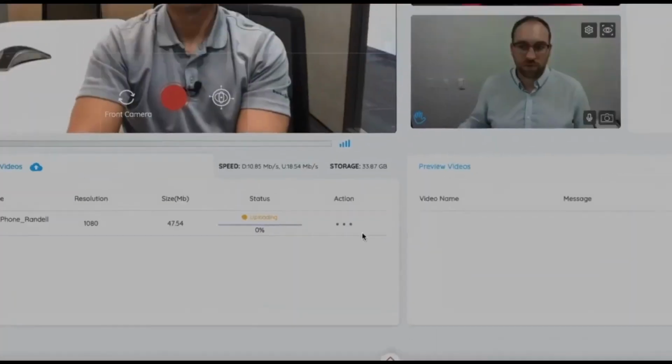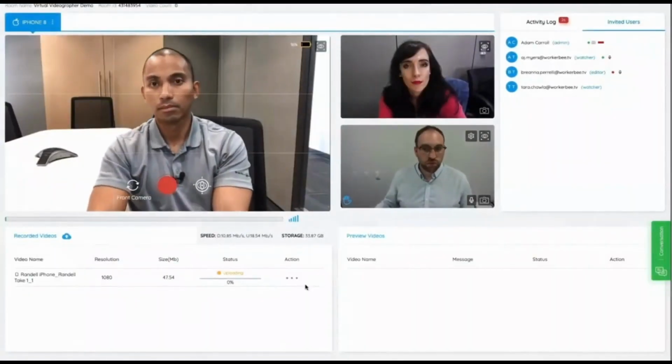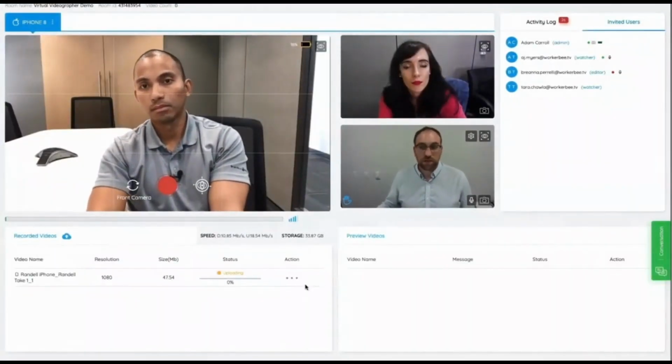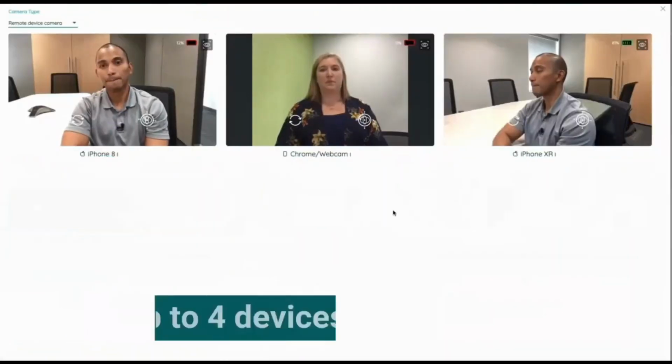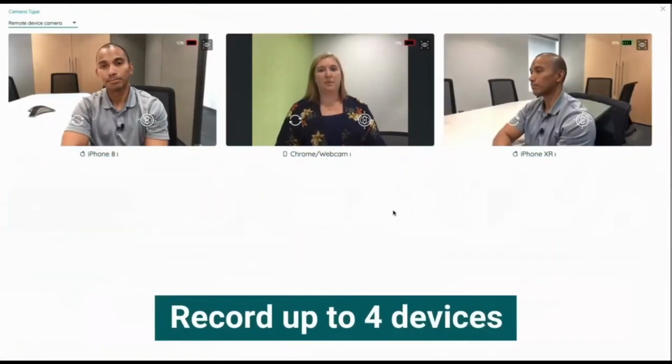Once I click upload, it moves to the cloud and is removed from the phone. This way it doesn't take up any storage space on Randall's phone after the shoot. With virtual videographer, you can record up to 4 devices at once. For example, we can have a second shot of Randall for more options when editing, or add in other subjects